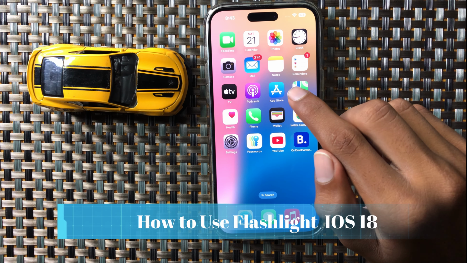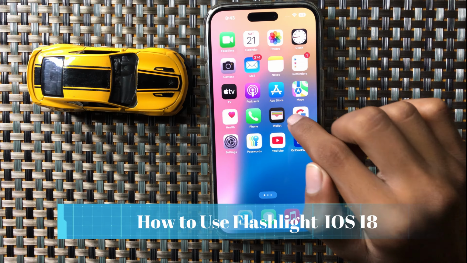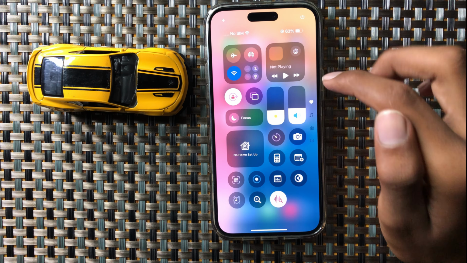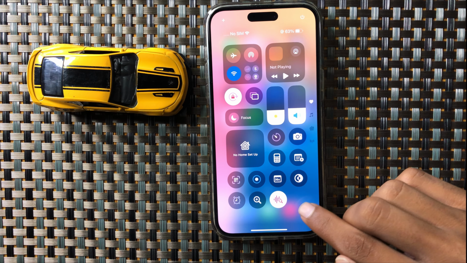How to use flashlight in iOS 18. So let's start the video. First of all, swipe down to control center and press and hold blank space